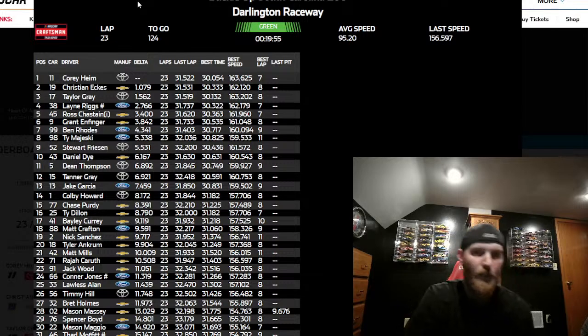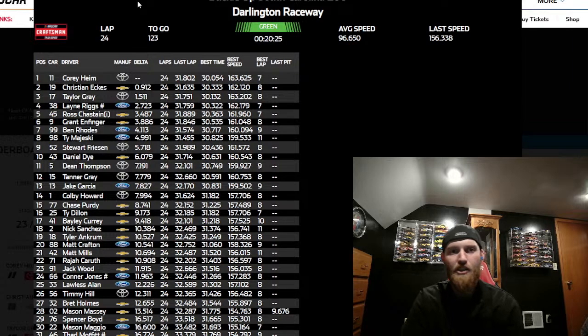Corey Heim still out in front, 9/10 of a second. Make that now just a 1 second lead. Yep, back to 9/10, trading lap times back and forth with Eckes. Eckes was about a 1/10 quicker than Heim the last lap. Already seen about 1.6 to 1.8 seconds of tire fall off